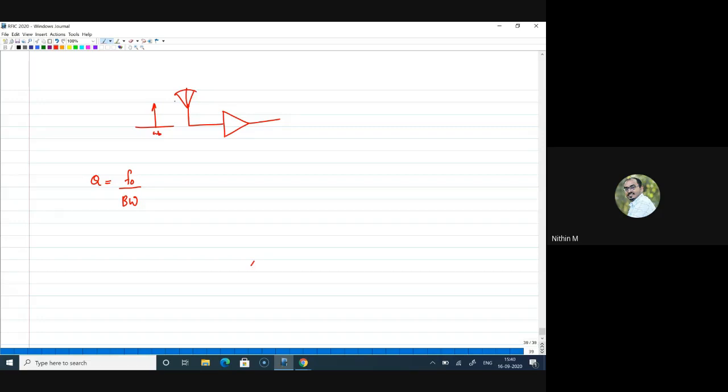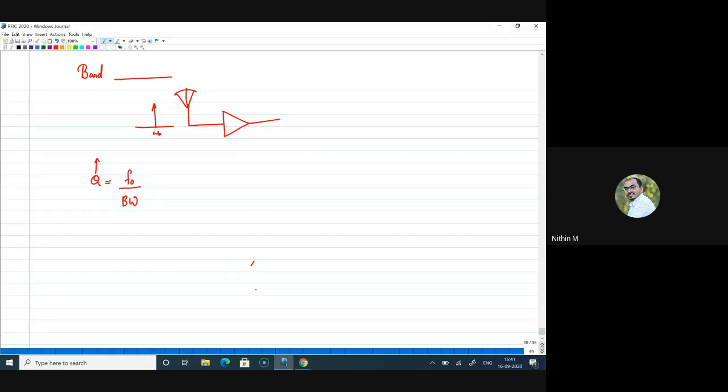One thing is, a receiver cannot receive a channel, what we call the desired signal. Rather, a receiver can always receive only a band. Receiver cannot select a channel. The reason is, if I want to select a channel, the selectivity of the filter I'm designing should be very, very high. Selectivity is often described by this Q factor, right? Now, getting practical filters with high Q factor is actually a huge task. Or I can say getting very highly selective filters, there are a lot of trade-offs there, right?